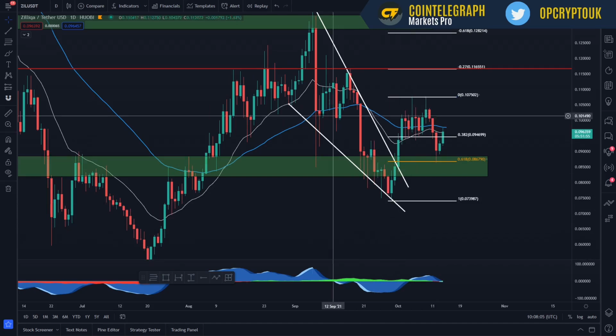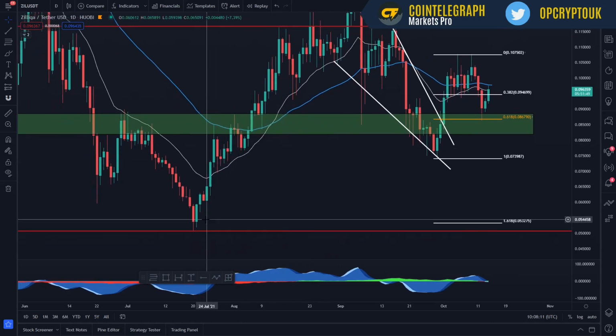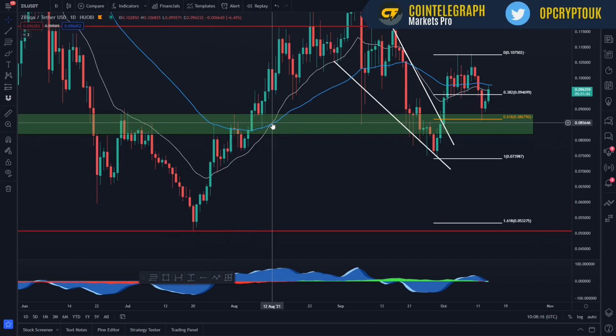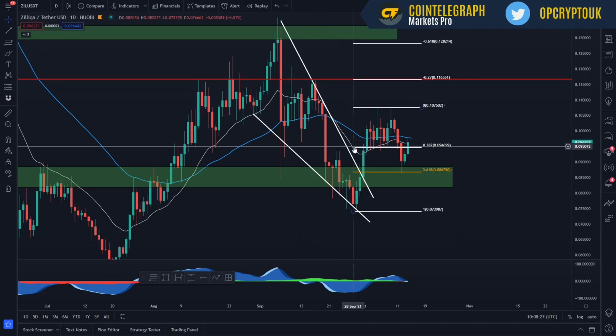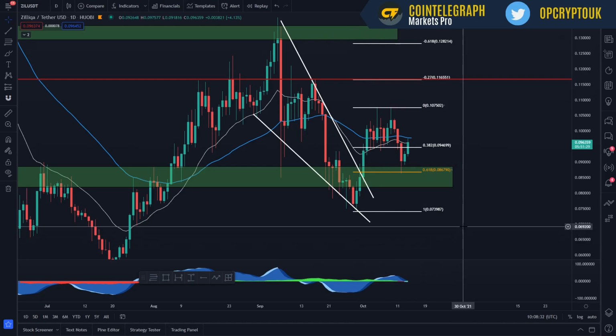A few things to note: when we had this bullish cross here, remember bullish crosses on MAs are usually a very lagging indicator. The price actually started pumping from the 20th of July, but we didn't get that cross until the 12th of August, so that's around a two-week gap. The same is happening here. We've had a bearish cross here, but the bearish price action started from the 6th of September. So if you're ever looking at moving averages and thinking, I'm going to trade this bullish or bearish cross, the event has actually already happened,